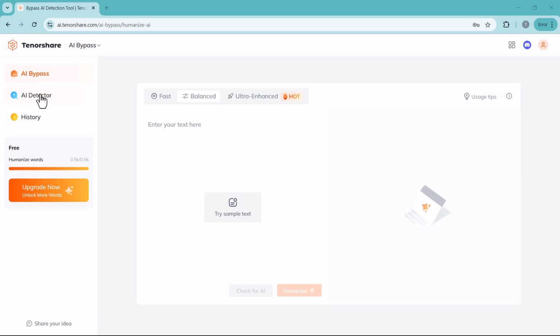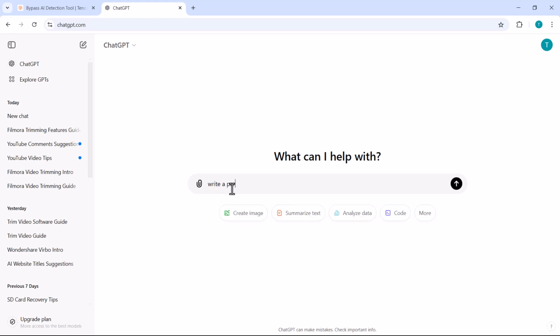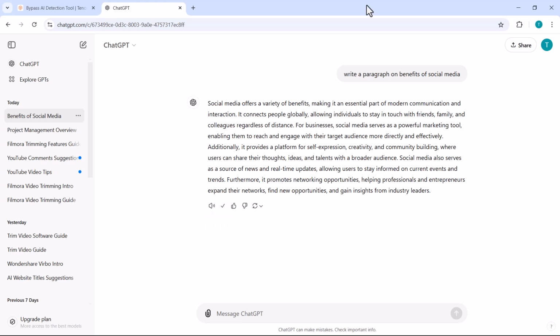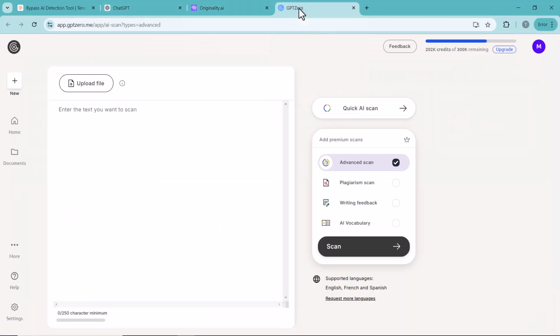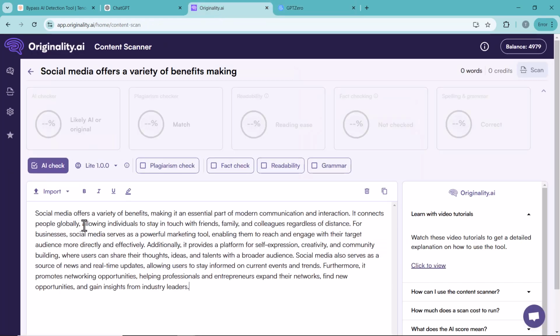So first of all, I am going to generate a paragraph using ChatGPT. Once I have the AI generated content, I will run it through the AI detector. I am going to test the AI generated content using originality.ai. Let's see if it flags the text as AI generated.